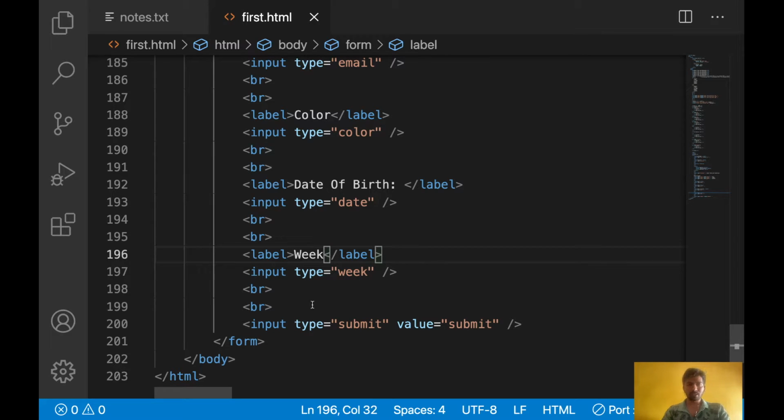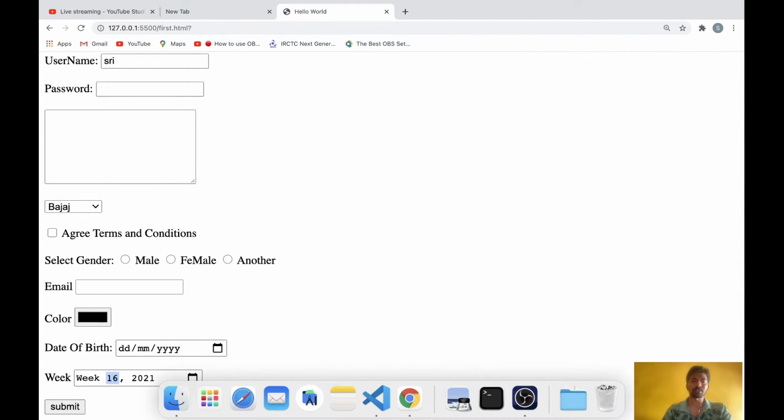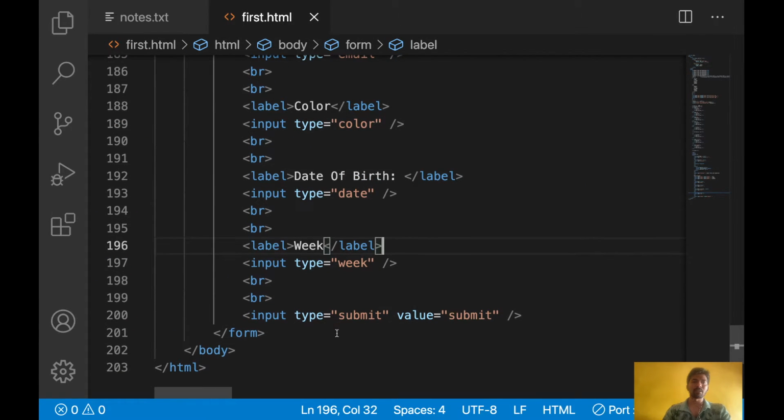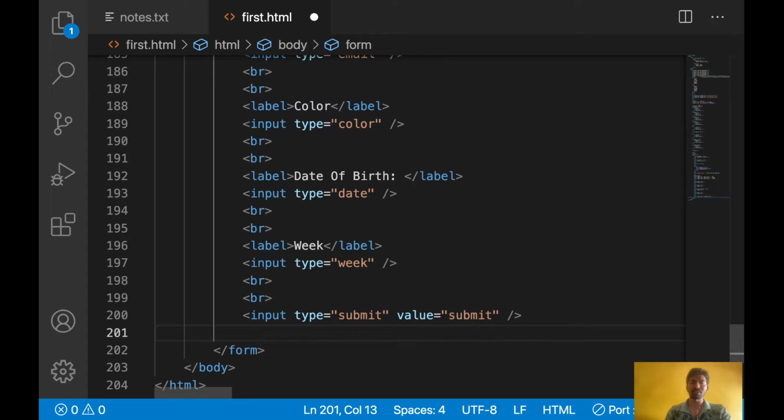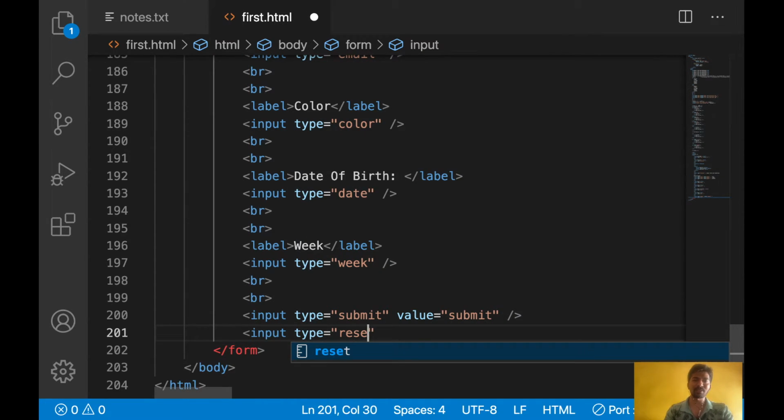So what else? There is one important thing, reset. Along with the submit, I want to show some reset. Once you fill in some data, then if you want to reset the form, you don't want whatever you filled, then you can use the reset.